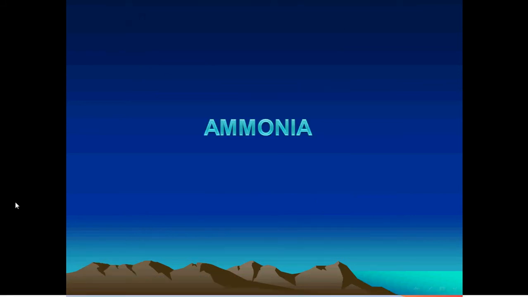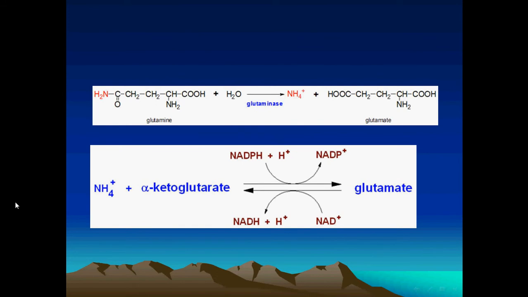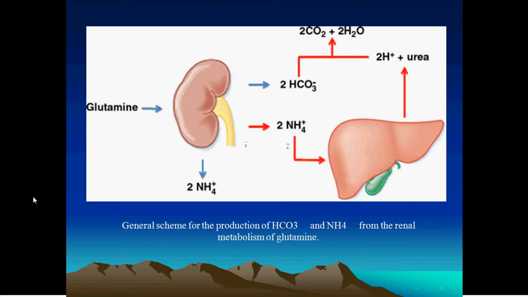The second part is ammonia. The second enzyme is glutaminase, which acts on glutamine in the kidney to produce ammonia and glutamic acid, and then acts again on the glutamic acid to produce alpha ketoglutarate and ammonia. So the end product of the metabolism of glutamine by glutaminase in the kidney is the production of ammonia, which is there for the neutralization or decrease in